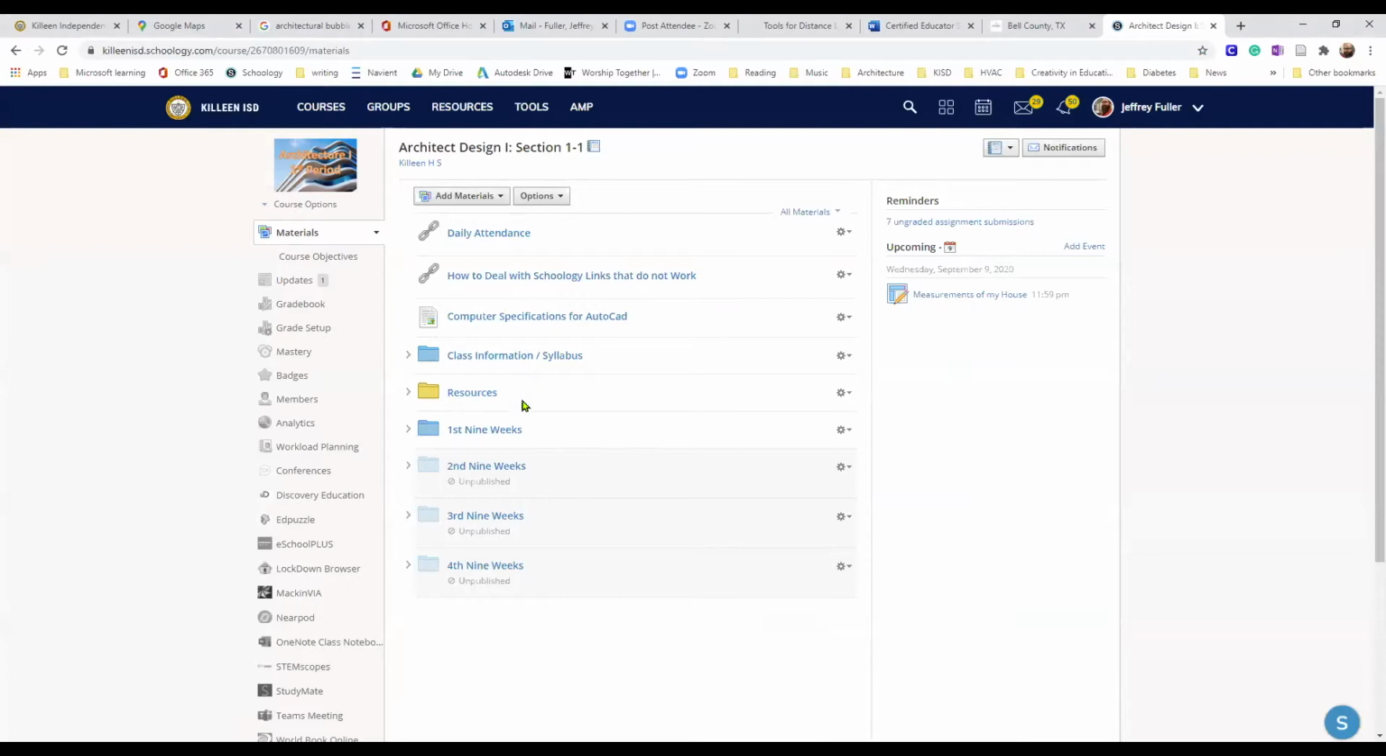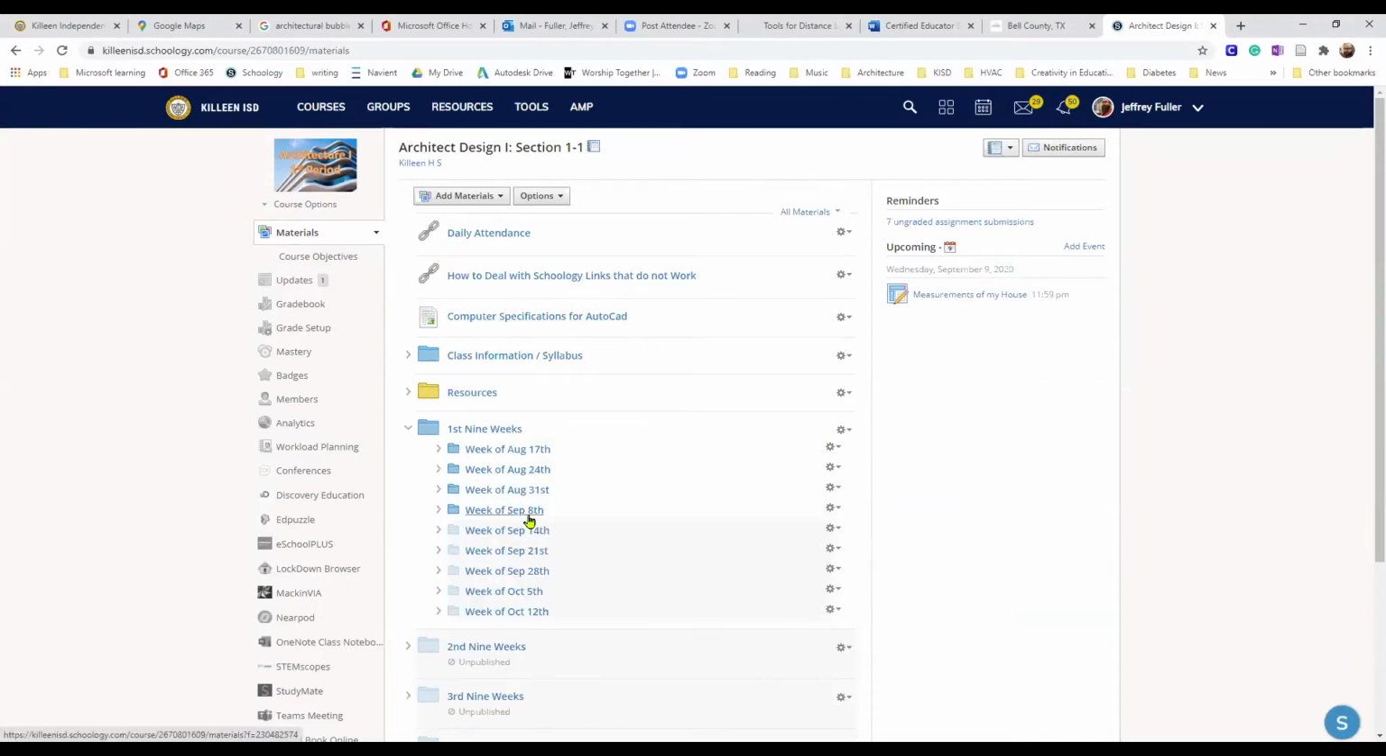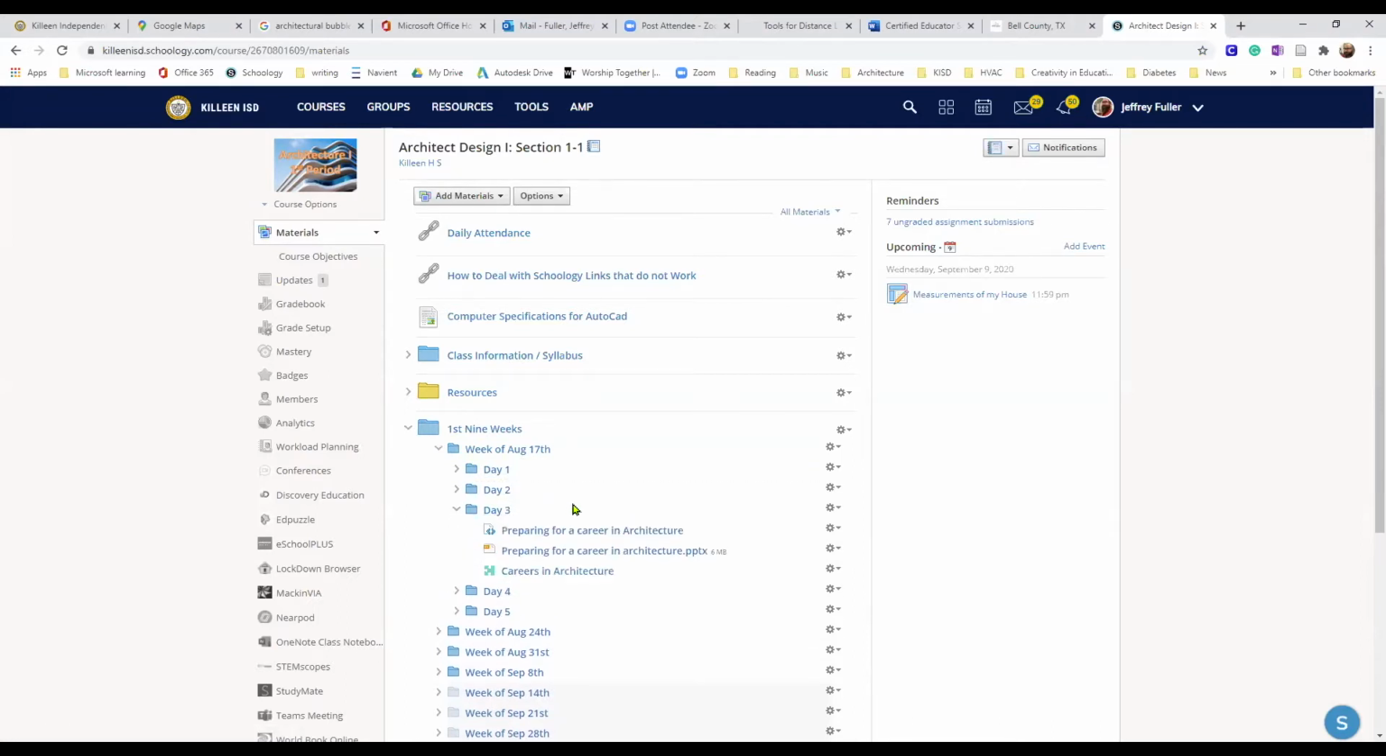And just as an example of that, I have the first 9 weeks grading period. I have all the weeks inside of that. And then if I drop down, I've got the actual days. And then of course, once I click on the days, you can actually see the assignments. Okay. And then from here, they can click on the assignments and either take a quiz, write a paper, look